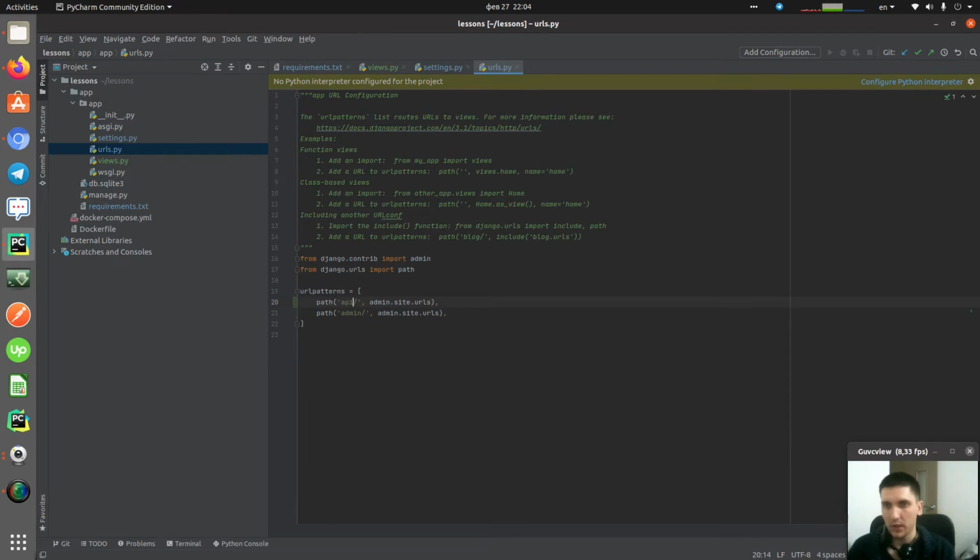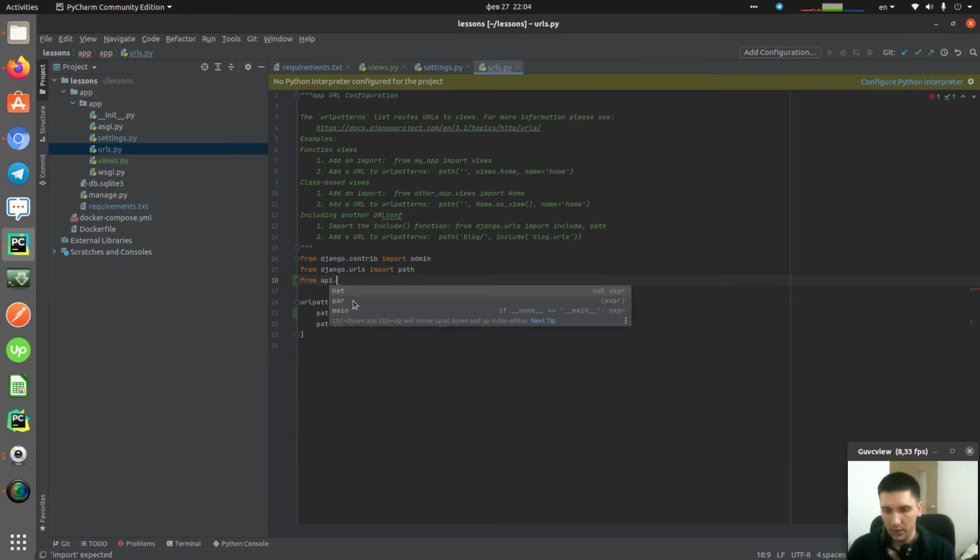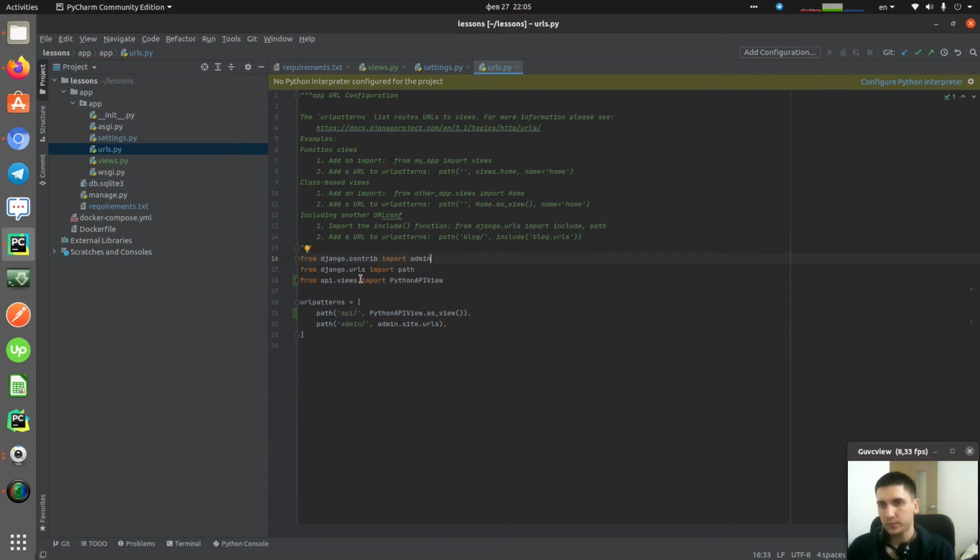It will be api, PythonAPIView as view. So we added the view inside of the dispatcher, and also we should import it from the API views, import PythonAPIView. Yeah, so it's imported,